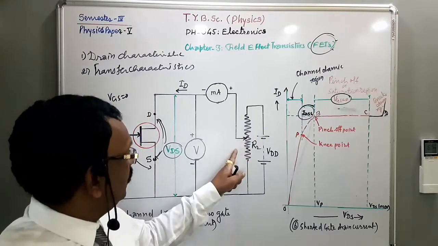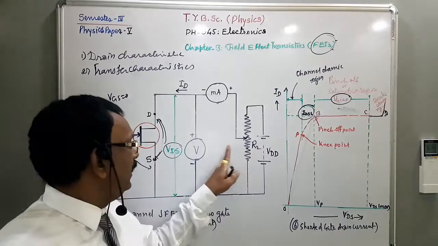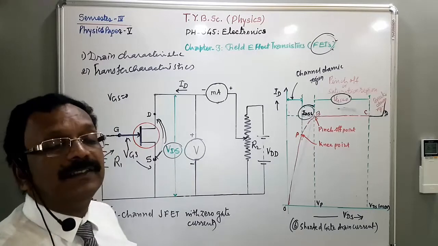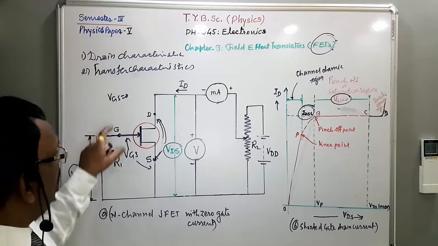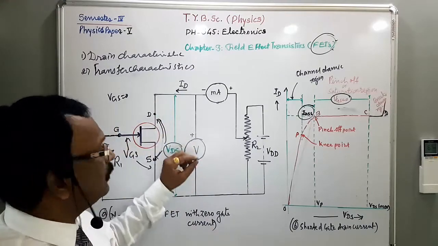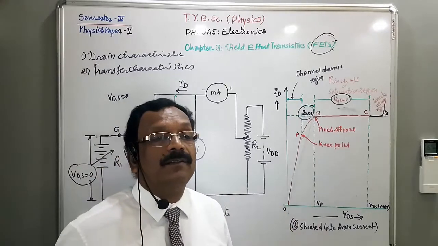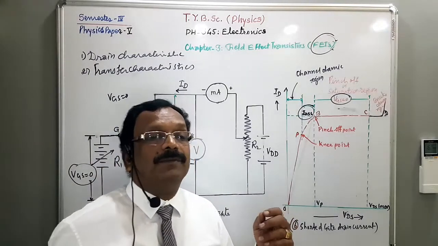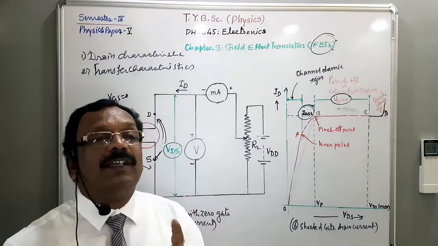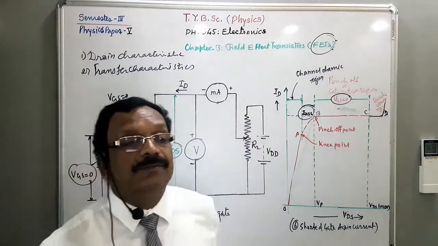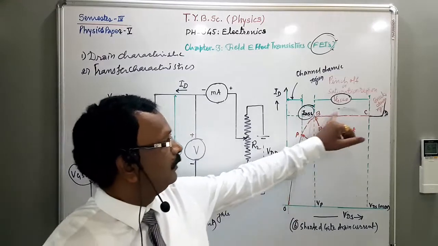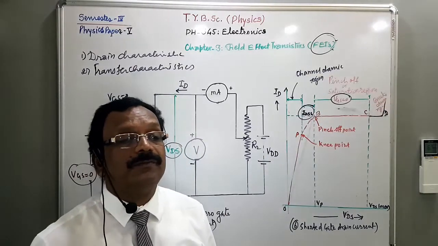And then with the help of this rheostat, we increase the voltage between source to drain. That is, first of all we should keep VGS is equal to 0, and then we are going to increase the voltage between drain to source in small suitable steps, the drain to source voltage VDS, and record the corresponding value of current ID, drain current. Now if we plot the graph, this is the graph for VGS is equal to 0.